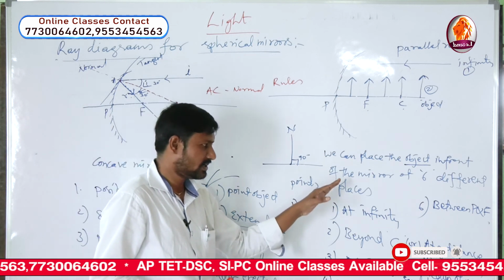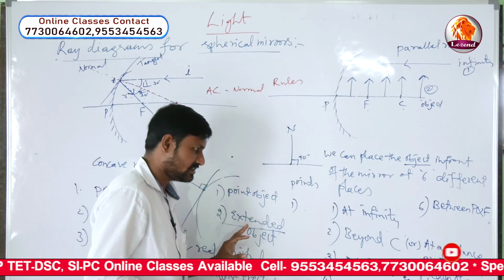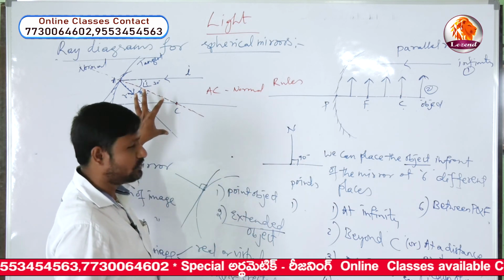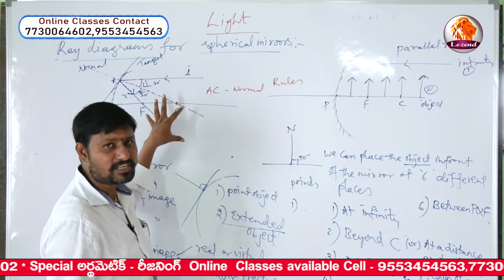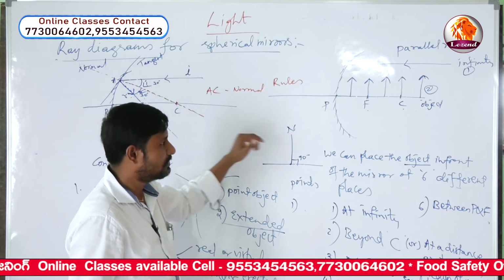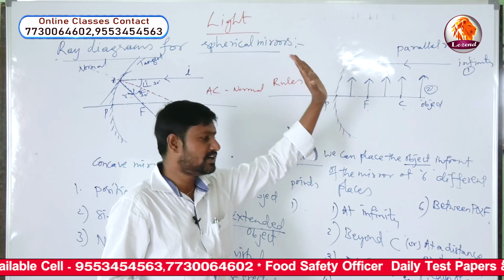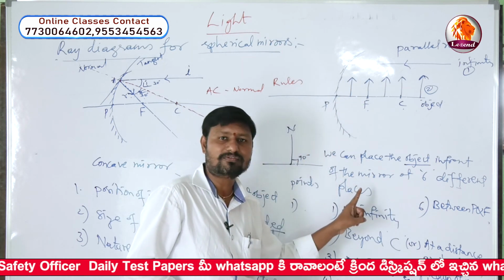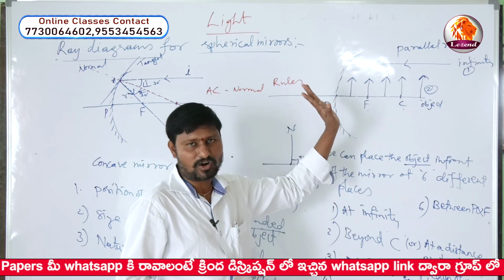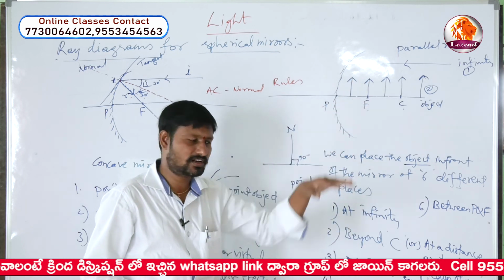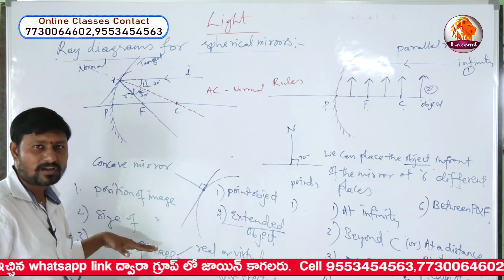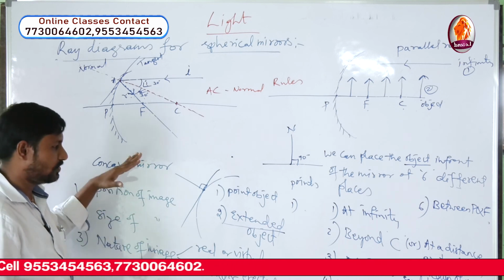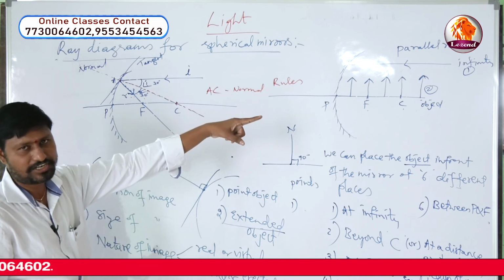So here we can place the object. I am repeating, at a glance, what we have seen so far: how to form an image by using a spherical mirror. And number two, in front of a mirror, at how many different places we can place the object. For every position of the object in front of the concave mirror as well as the convex mirror, we need to discuss the formation of the image and the characteristics of the image. So let us see one by one each position in detail with the ray diagram.